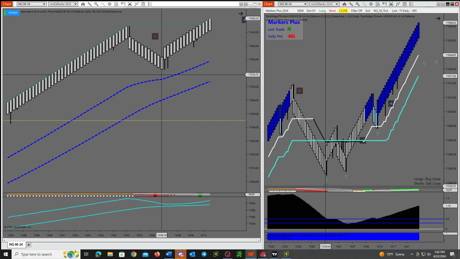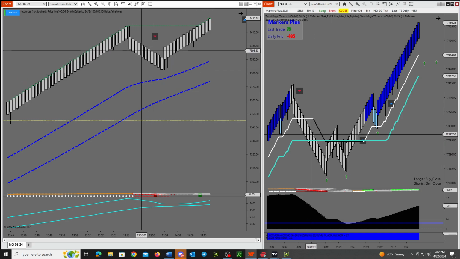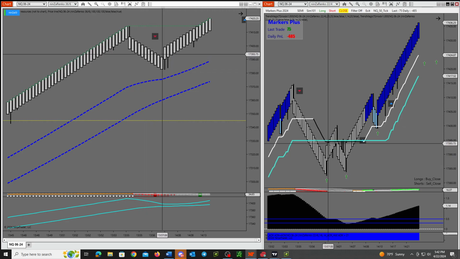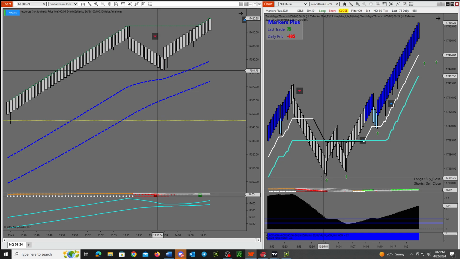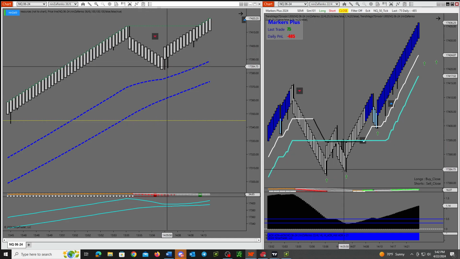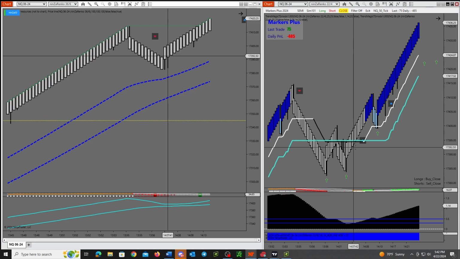You've got 2 out of 3 over here, so you've got 4 out of 6. You've got pullback. Actually, you don't. You get the crossover, you got the red, so you've only got 1 out of 3. So you're 50-50 on the matrix coming into this. Even though these would have worked out, I probably would have waited until